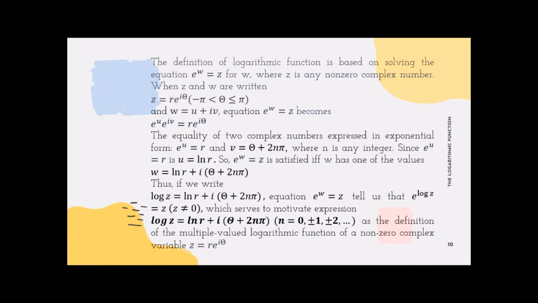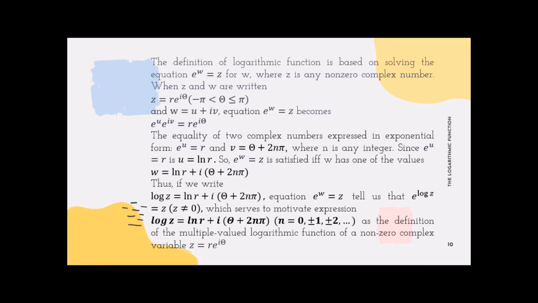Since exp(u) equal to r, u equal to ln r, so w equal to ln r plus i (theta plus 2n pi). Thus, if we write log z equal to ln r plus i (theta plus 2n pi), the equation exp(w) equal to z tells us that exp(log z) equal to z,